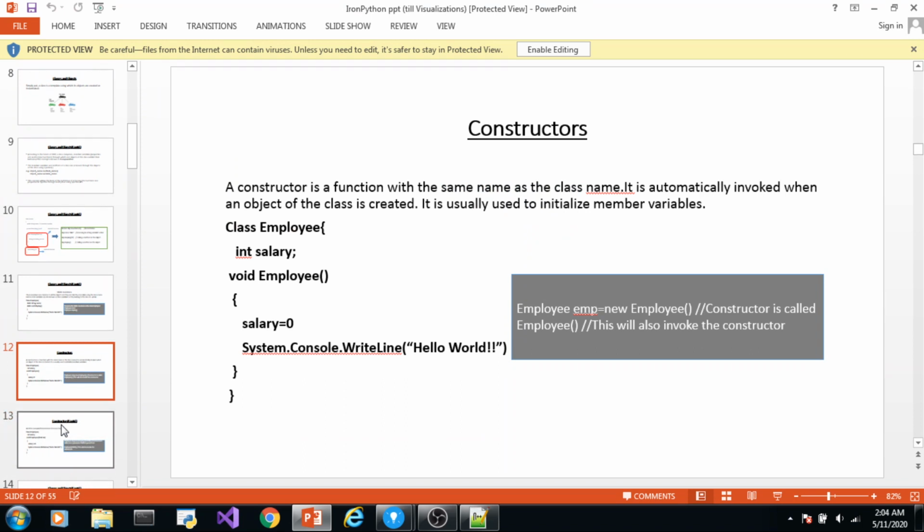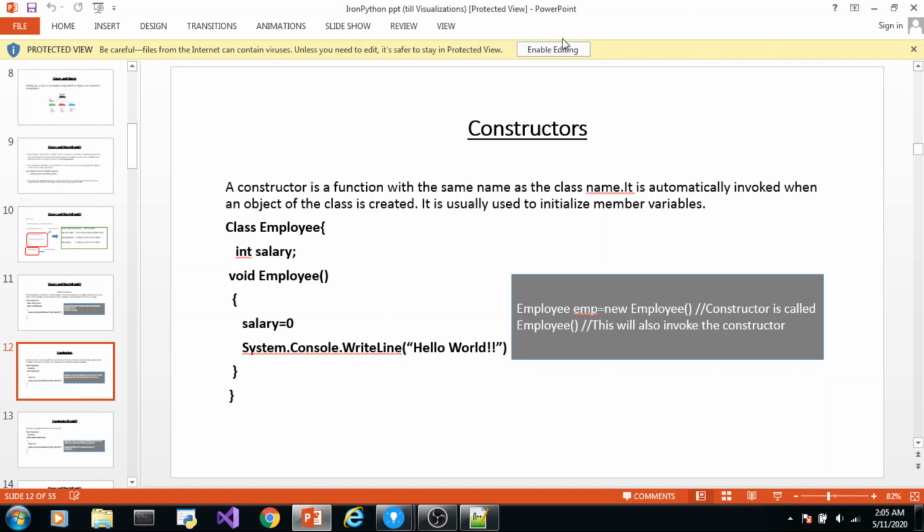Okay, a constructor is another method or a function. The only difference between a traditional method and a constructor is that a constructor is automatically invoked when an object of that class is created. That's it. The main purpose of using a constructor is to assign initial values to the member variables. And it has the same name as the name of the class.